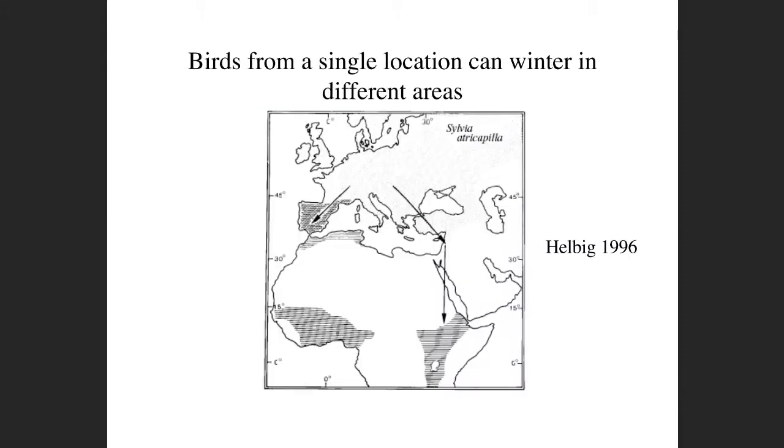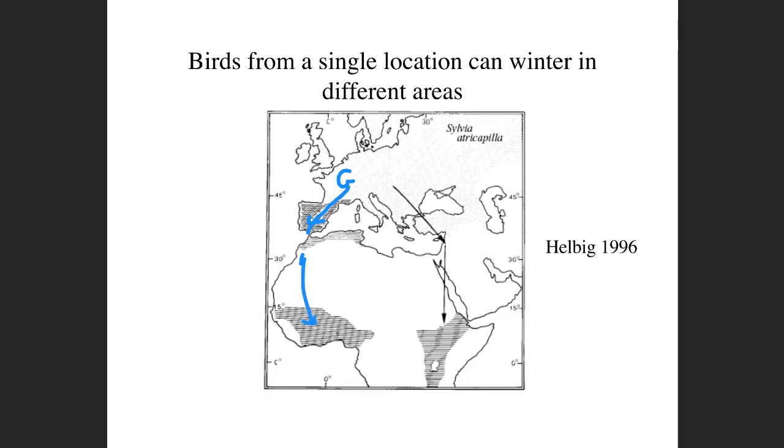Because they have a wide breeding range and they hate flying over water, you have different populations. And so the Western Germany black-cap warblers migrate in a southwesterly direction, and then they overwinter in